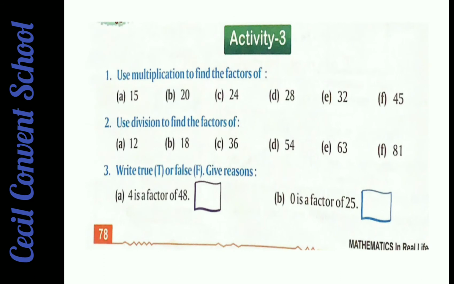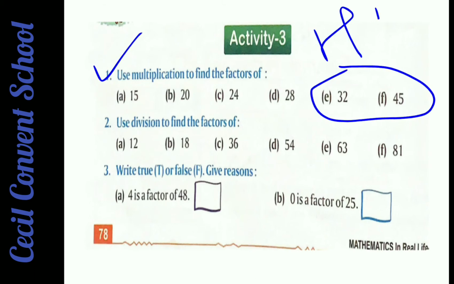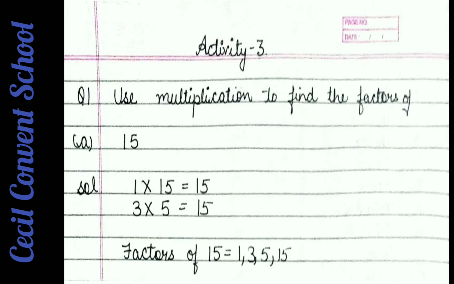See, activity 3, question number 1, we do. In this you have to use the multiplication method to find the factors. Students, for you I will do the first 4 parts, and the E and F parts are homework for you. You have to do them by yourself. It's very easy. You have to see in which table 15 comes. Firstly, you have to write down in your maths copy in this manner. A part, 15. As you all know, whenever we start writing factors, we start from 1. So 1 15s are 15. We will write it in this method because multiplication method means 1 multiplied by 15 is equal to 15.